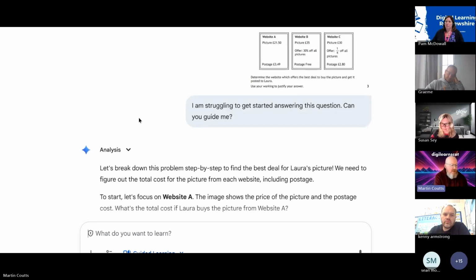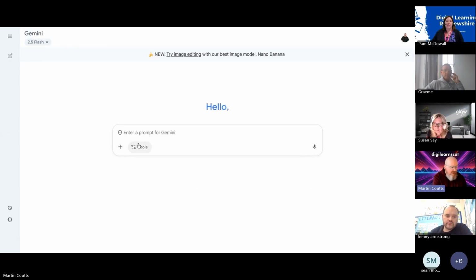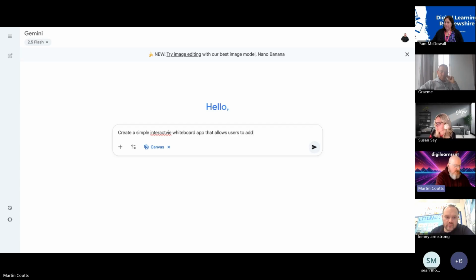The other thing that I can use is something that we call vibe coding, right? Now, vibe coding is where we could start to use a tool like Canvas, for example. And does everyone remember a tool like Jamboard? Jamboard doesn't exist anymore, but maybe I could create something. So: create a simple interactive whiteboard app that allows, and I'm going to use the word users, to add drawings with